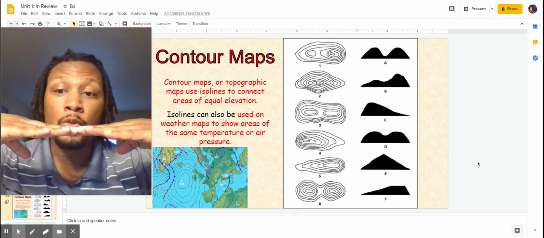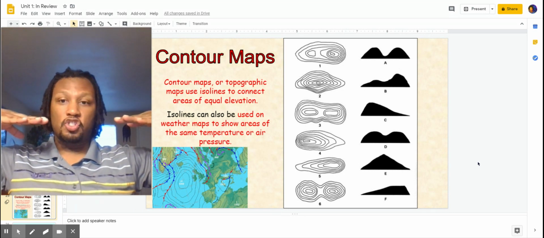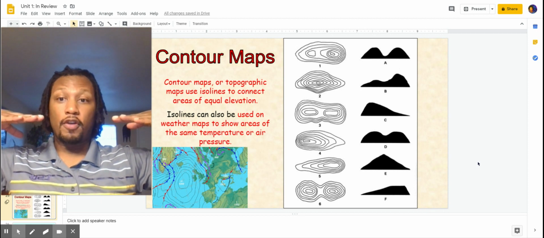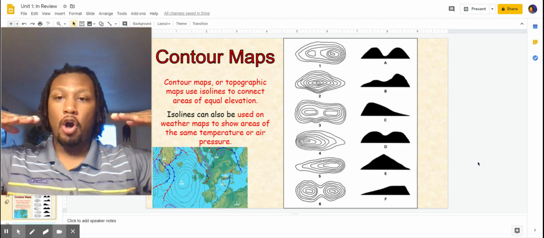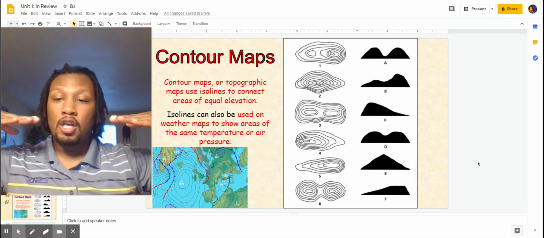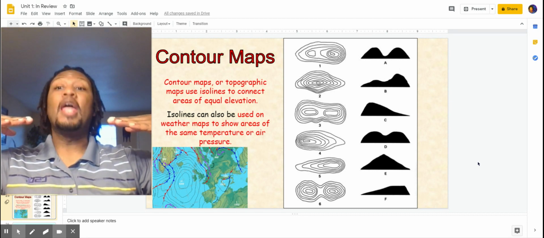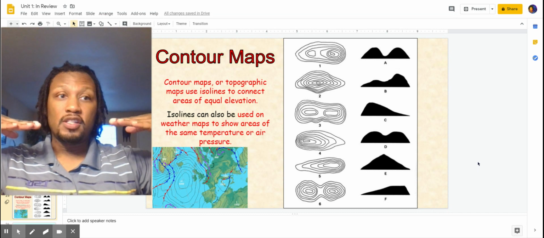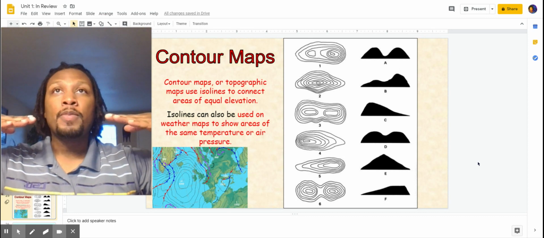So in other words, this area of the earth is just as high as this area of the earth. These two areas of the earth are thousands of miles away, but because we have these isolines, we know that the elevation is similar. What if both of these elevations happen to be mountains? All right. So what we know is that whenever